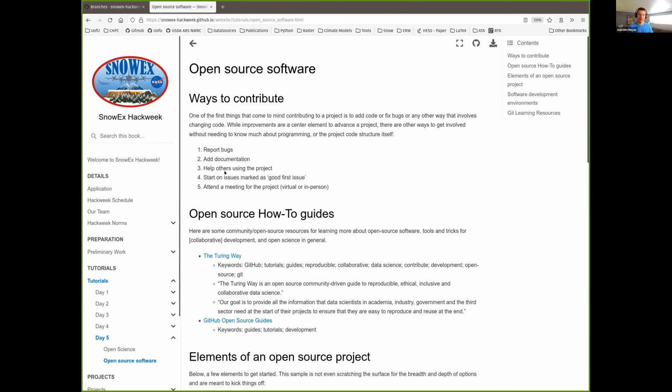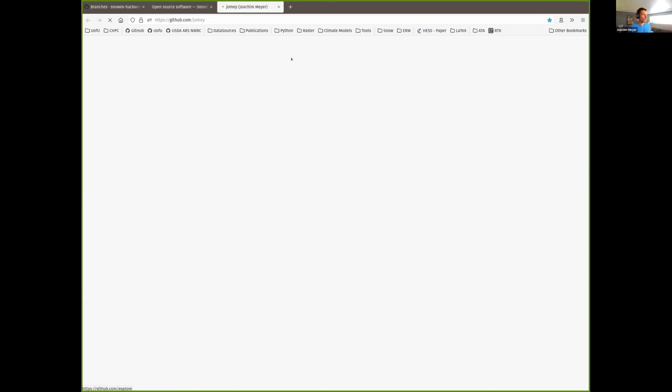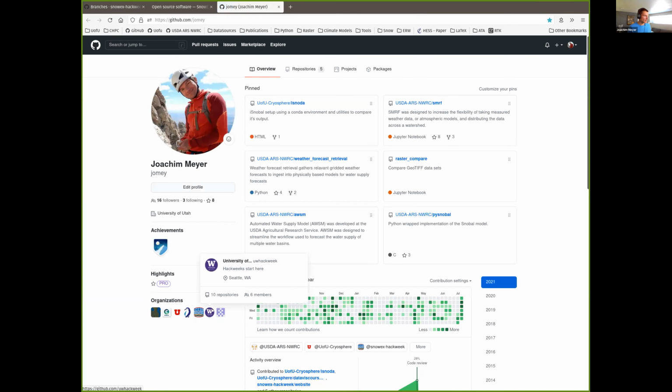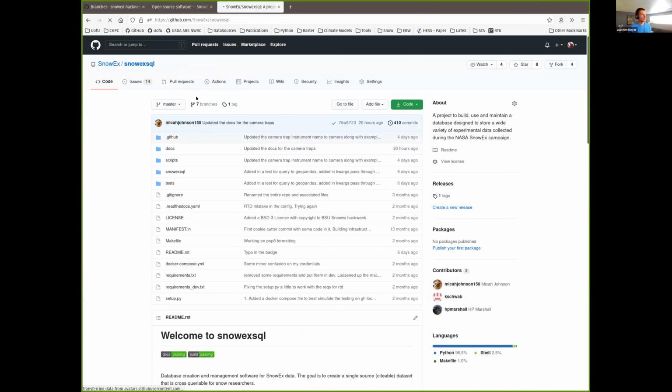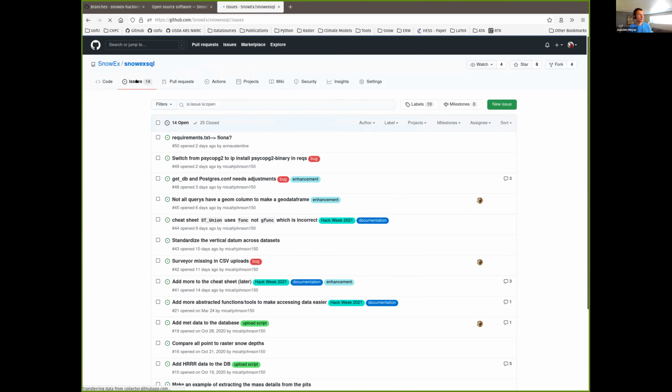And then if you're really feeling motivated and say, I think I've got the chops, I get this library a little better, you work a few more weeks, you step into the source code, there are things like the good first issue label. So GitHub has this issue page, which I can show you here on, let's say, the SnowEx SQL. So if you go to a package, you see there's an issue tab right here,